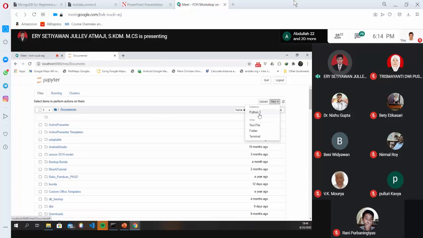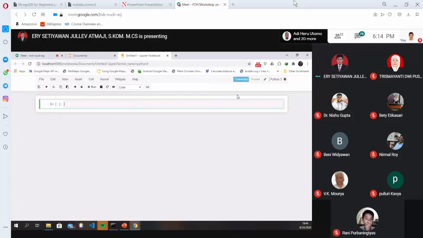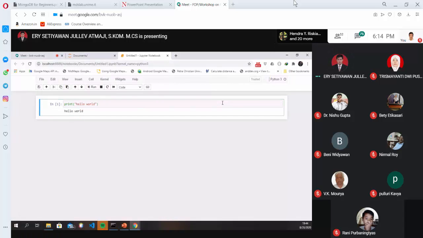So this is the IDE. Okay, the kernel is ready. I already used Python 3. So, print hello world. And when you want to run the code, you just use Control and Enter, and the output will appear here. So far, can you understand what I have presented to you, or do I need to go back to the installation first?